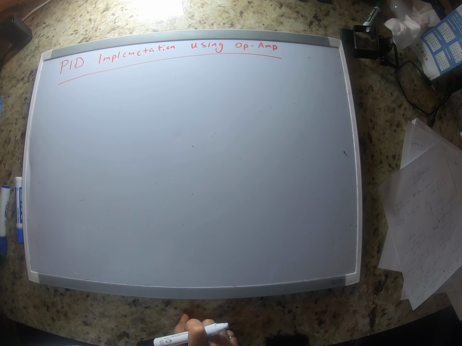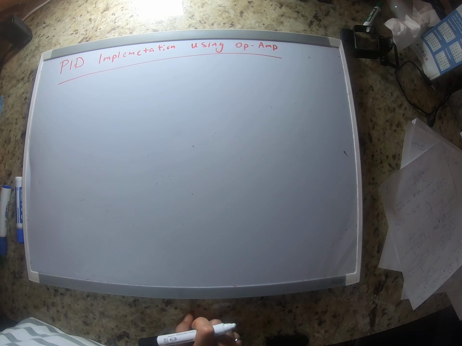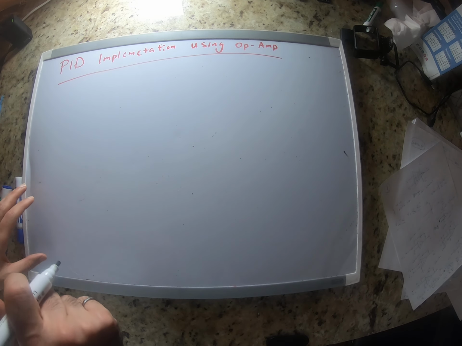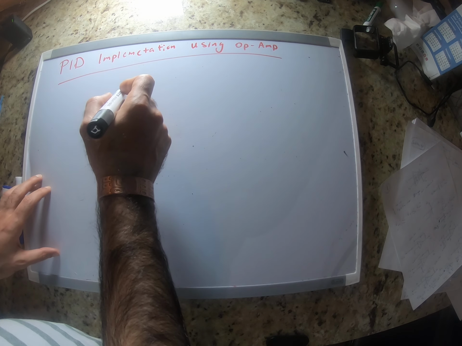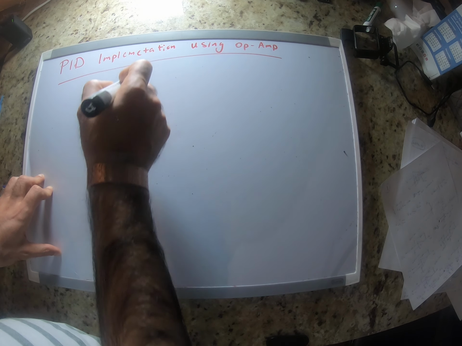I'm just going to continue on PID control. I'm just going to talk about how to implement PID control analogously using op-amp. Op-amp is an analog device, so we want to see how we can use op-amp to implement PID. So before we start talking about PID control, I want to remind you about the operation of an